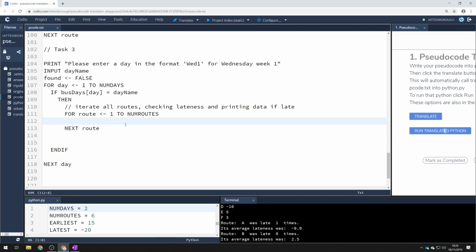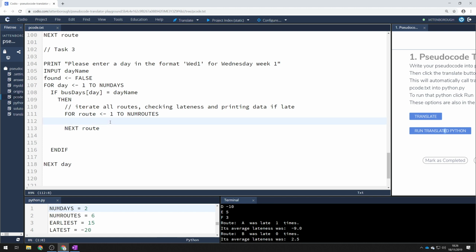What do we have to do with that number from 1 to 6? It's just going to go from 1 to 6. For each of those, we have to check if the number was less than 0 because we're interrogating that day. But before we do that, we have to select the appropriate array. To select the appropriate array from this root number, we need to map that 1 to the appropriate array, which